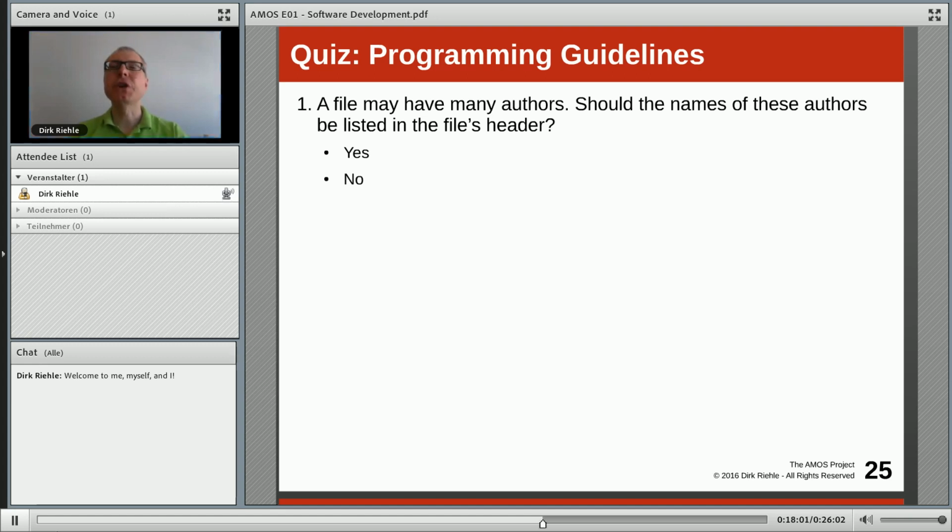All right, we are back. So now then, what's the answer? Well, in Agile methods, the answer is absolutely no. There's collective code ownership. You should not single anyone out. So don't put the name or the names of the people who worked on the code into the file header, because that looks like they are claiming some ownership. And if that looks like they're claiming some ownership, someone new who comes by will feel hindered or will be more cautious to change it. And Agile methods doesn't want that. They want everyone to be comfortable changing everyone's code.